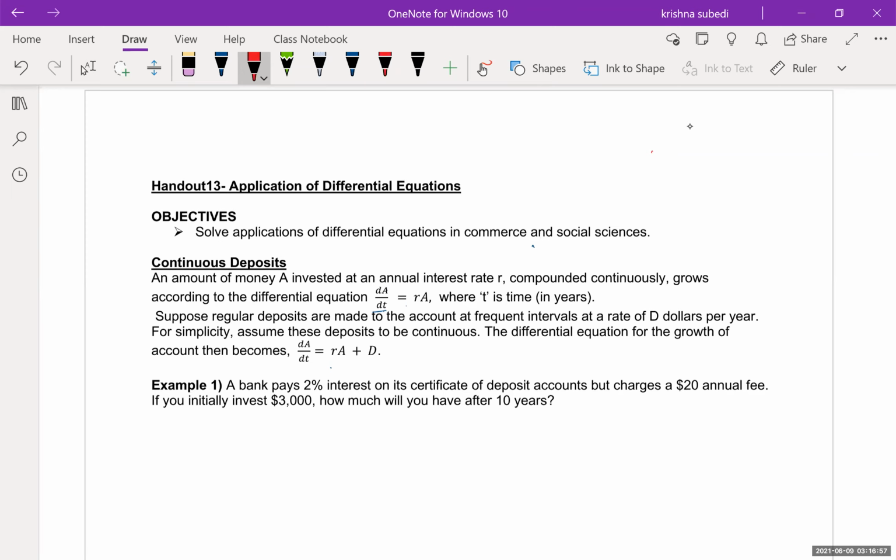So today we'll focus our attention on application of differential equation. In our previous class, we learned two methods for solving differential equation. One is separable differential equation. And the second one we learned is linear first order